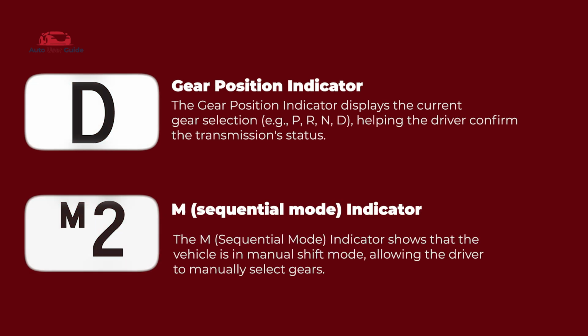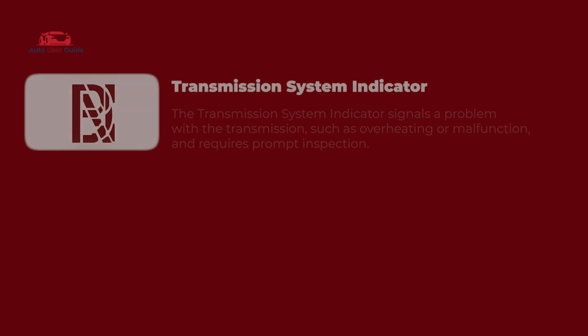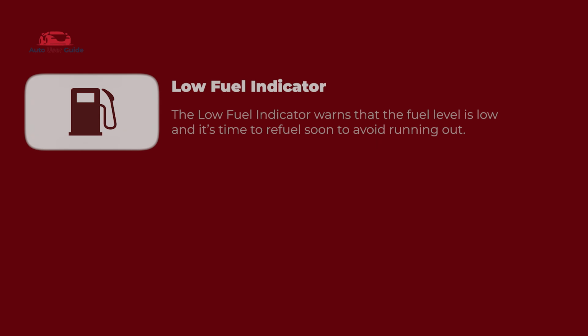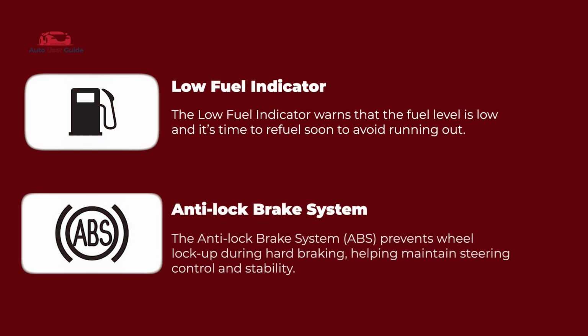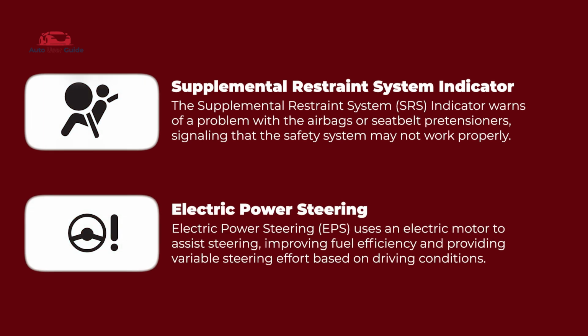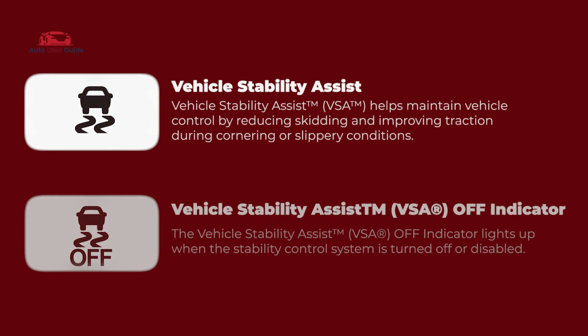gear position indicator, M sequential mode, transmission system indicator, seatbelt reminder indicator, low fuel indicator, anti-lock brake system, supplemental restraint system, electric power steering, vehicle stability assist,